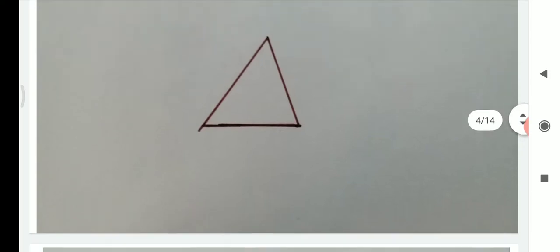Now you just have a look. This triangle divides this plane into three parts. How? The part of a plane which is enclosed by the triangle is called the interior, and the part outside the triangle is called the exterior of the triangle, and the boundary itself is the triangle itself. Do you want more clarity? Okay, let me jump to the next slide to give you more clarity.